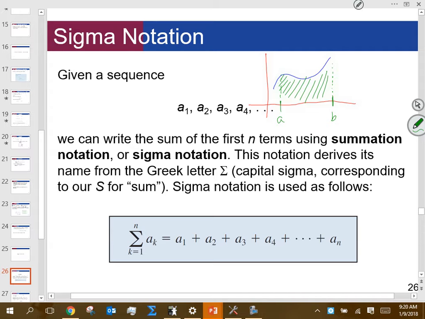But in order to do that, that's not a really nice geometric shape, right? If it was just a rectangle or a triangle or a trapezoid, we have really nice geometric formulas to be able to find those areas, but that's an irregular shape. So what we end up doing